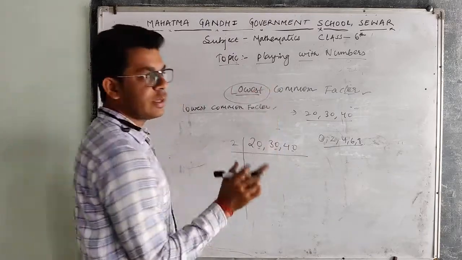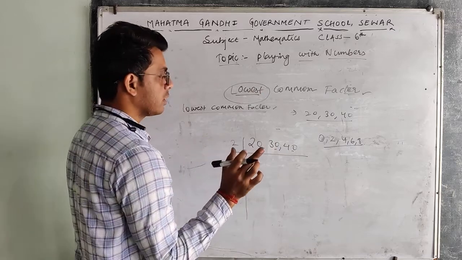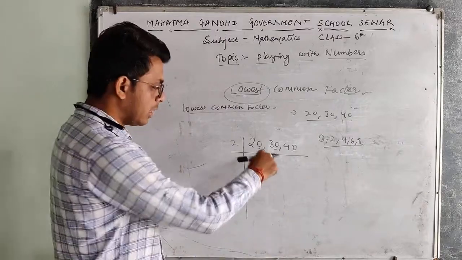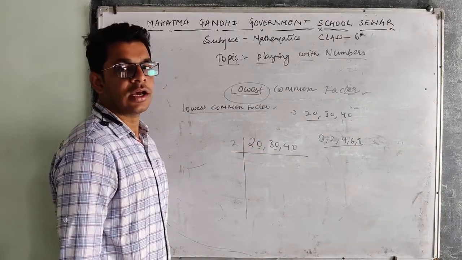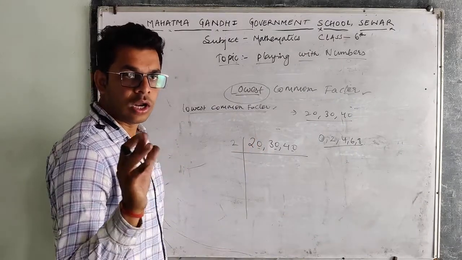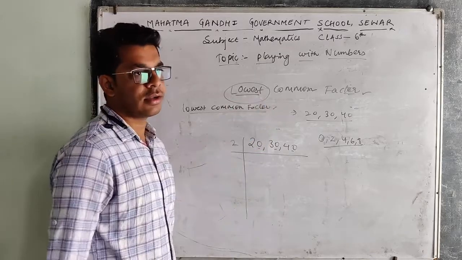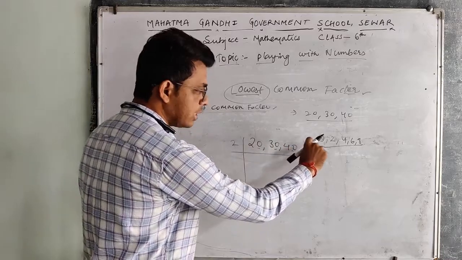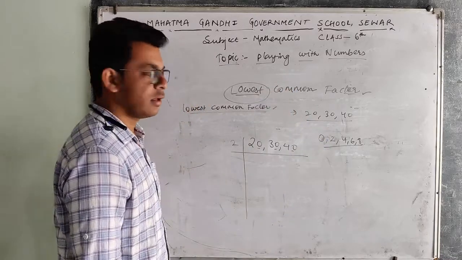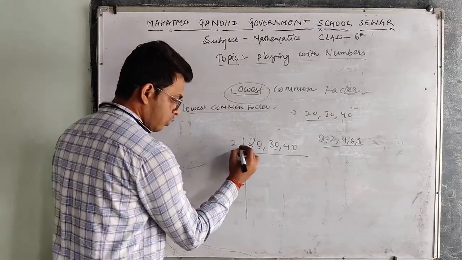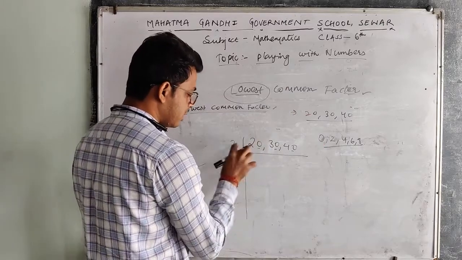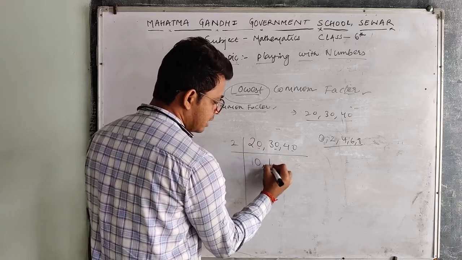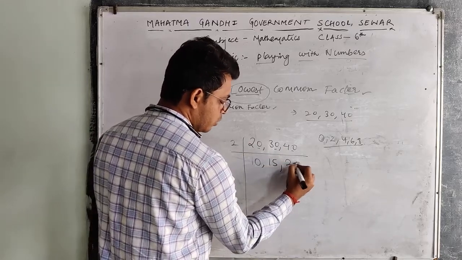The difference between highest and lowest common factor is what? We will separately factorize them for the highest, but here we are factorizing them in a group. All numbers, if we want to calculate the lowest common factor of 10 numbers, we will place all these 10 numbers here. If we divide, what we will do? We are going to divide these numbers by 2. How many times? 10. How many times? 15. How many times?